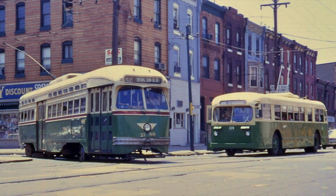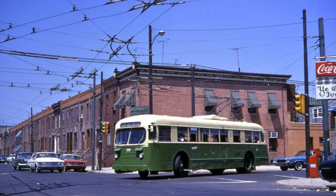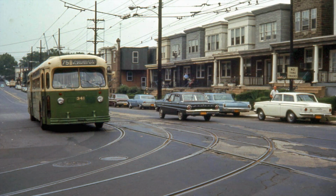More modern trolleybuses arrived in 1935, and soon after, planning started for more trolleybus routes. In 1941, the 61, a much longer and more heavily used route, was converted from streetcars to trolleybuses, and the next 20 years saw a trolleybus frenzy of sorts in Philly. 5 new routes opened, including 2 more South Philly crosstowns, the 29 and 79, as well as 3 routes in northeast Philly. The last of these routes to be trolleybusified was the 79 in June of 1961, but by this